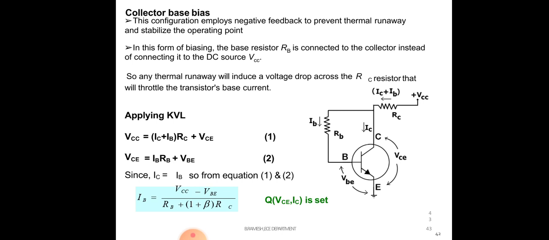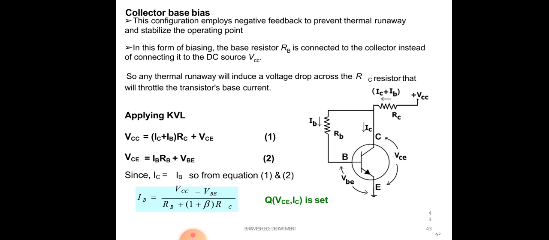So what is the disadvantage in fixed bias? The stability factor increases, which means stability is not good. What is stability? Stability means keeping the operating point in a fixed position. When you design the transistor using fixed bias, the operating point changes more, so you will not get a faithful amplified signal. When your operating point is in a fixed position, you will get the faithful amplified signal. That is nothing but stabilization. So that is the disadvantage in fixed bias.